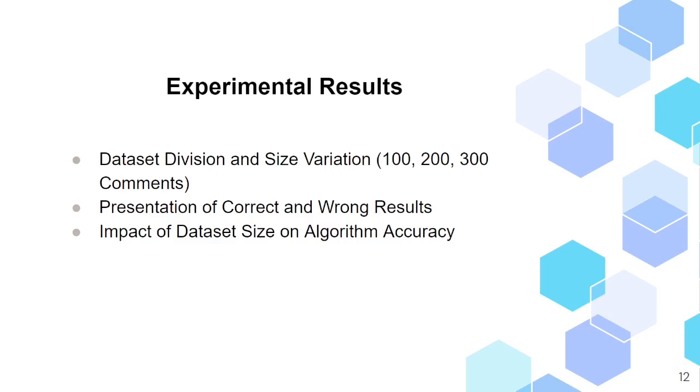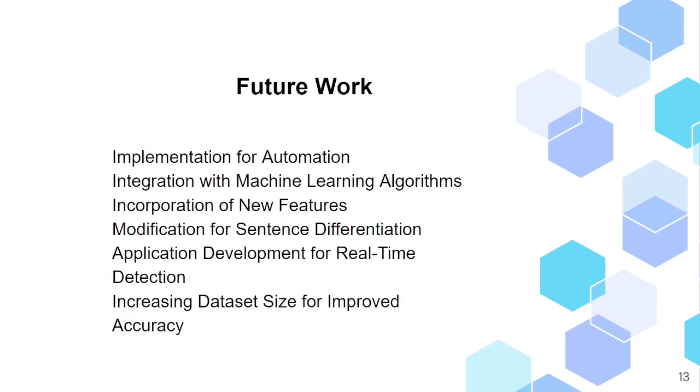In the discussion section, plans for future work are shared. The goal is to implement the entire process to make it faster and more automated. Additionally, there is an aim to integrate the algorithm with various machine learning algorithms such as naive Bayes, random forest, and support vector machine to observe if the results become more accurate than previous methods. The incorporation of new features is also proposed to enhance accuracy and modify the algorithm to differentiate between various types